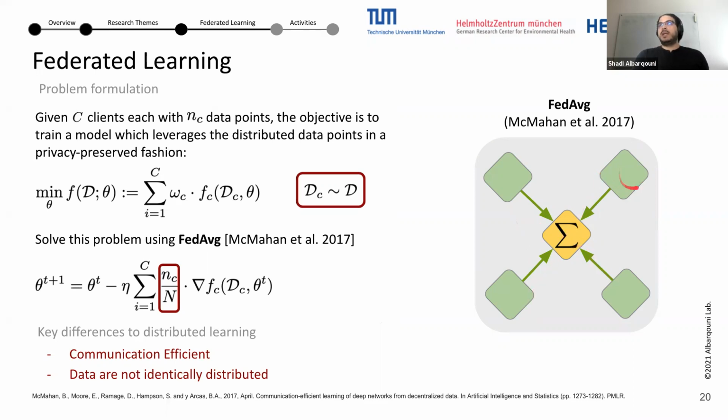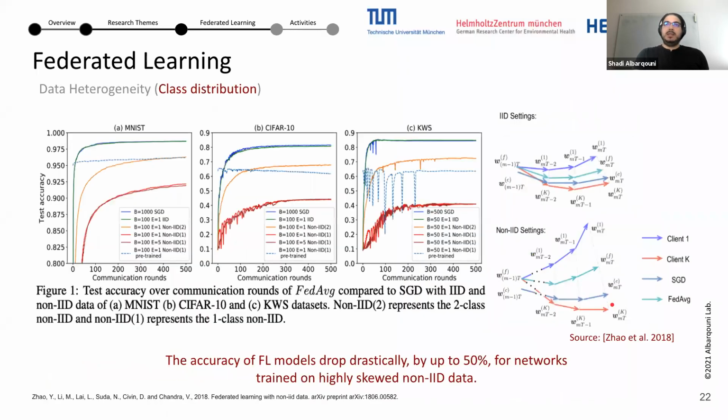This is quite different from distributed learning, where the data is all central, and then you distribute it to the clients. Here, every single client owns their data, and the data are not shared at all, neither with other clients nor with the global model. And that's why you might have a discrepancy or a domain shift between the data here. And this is what is called non-IID, non-identically independent distributed data.